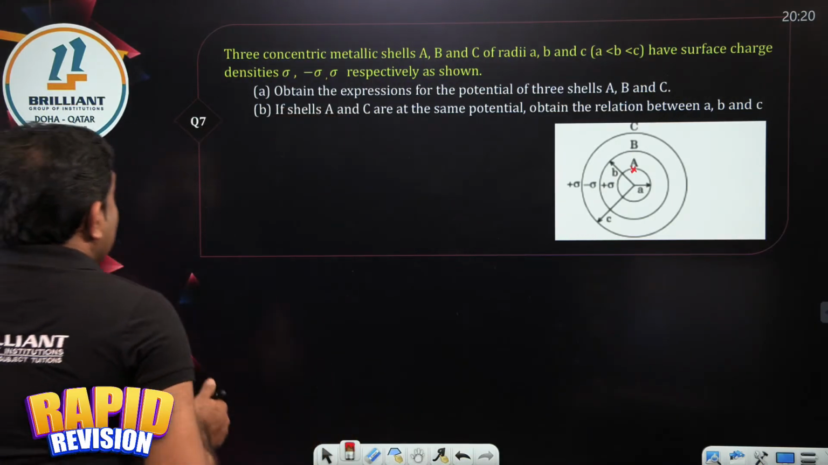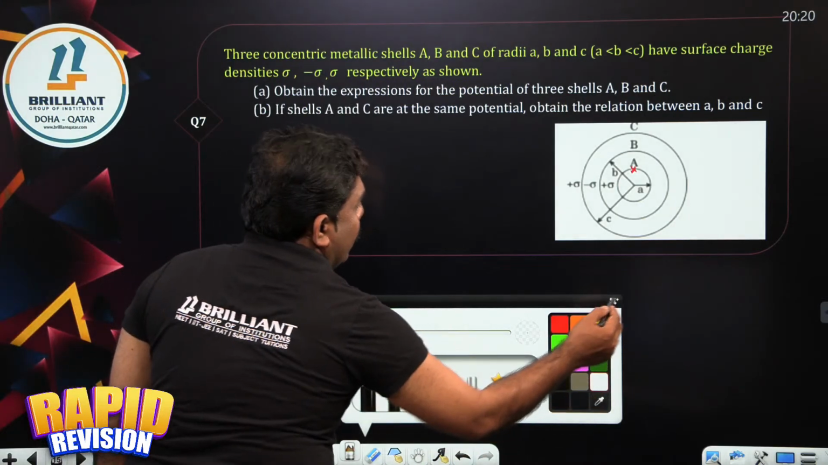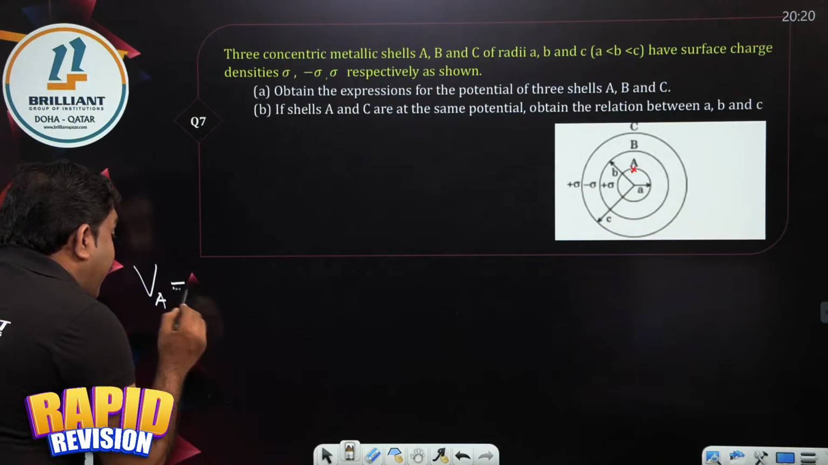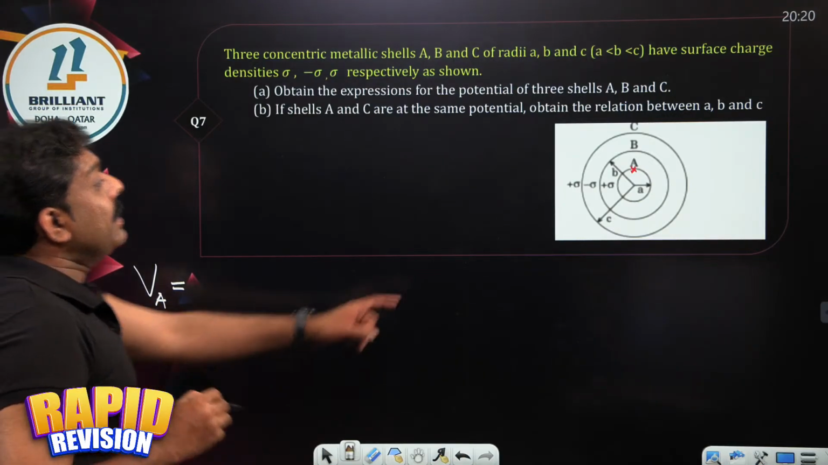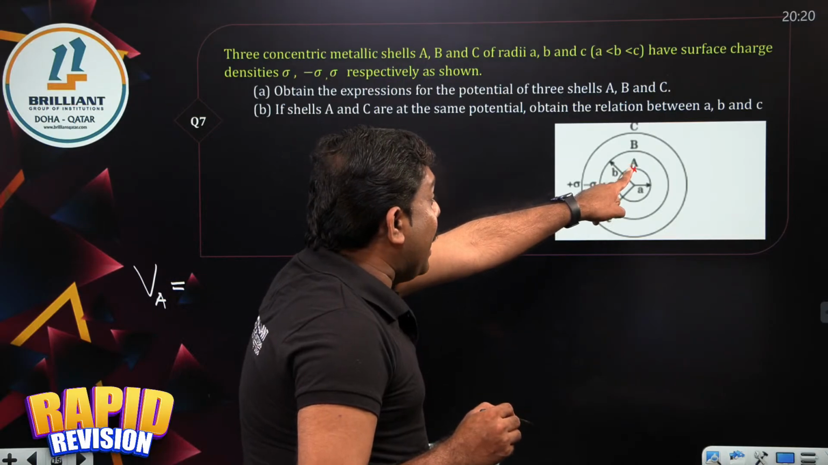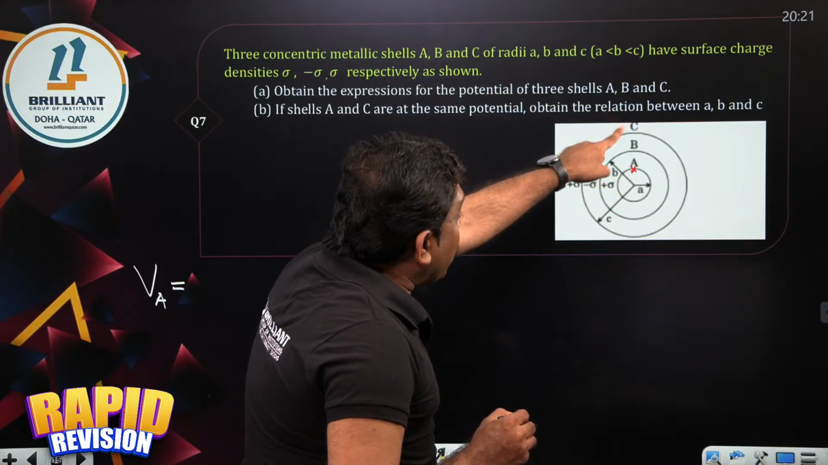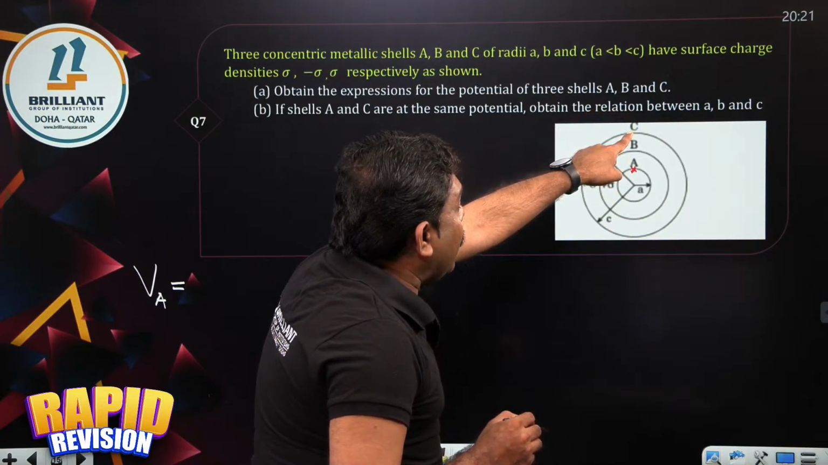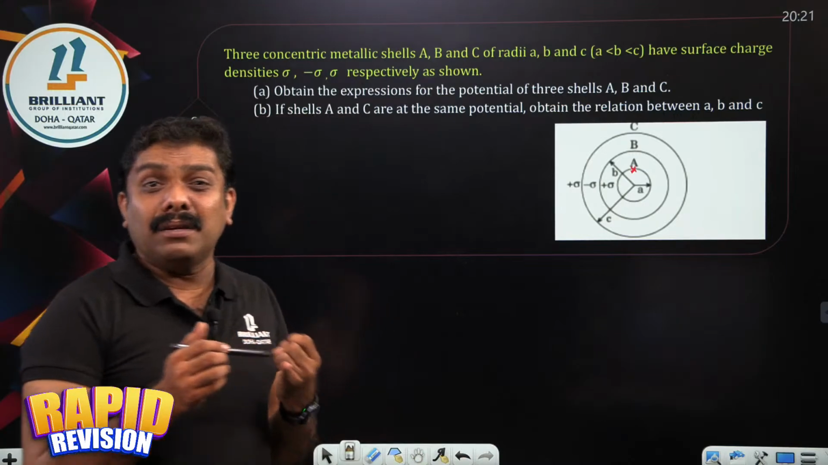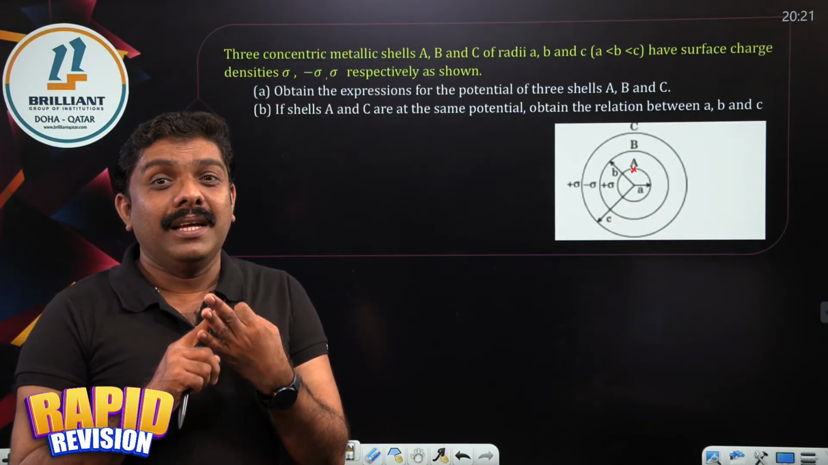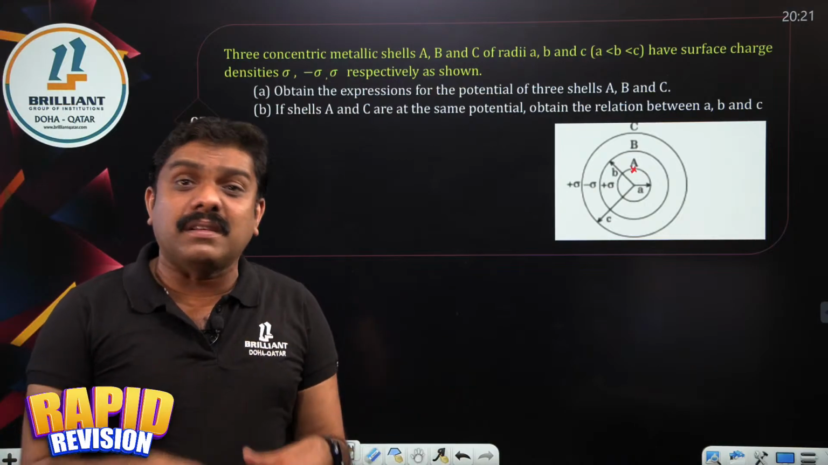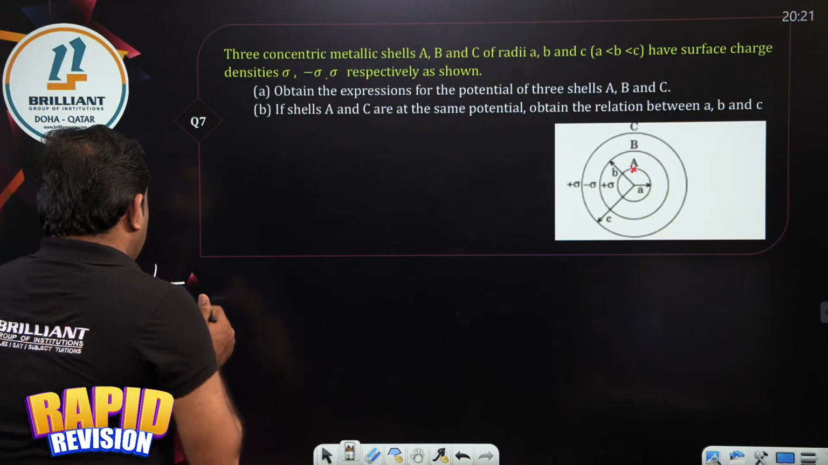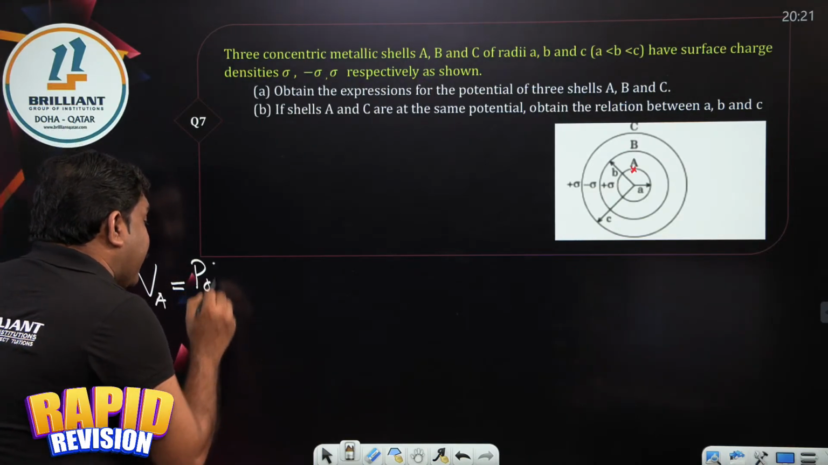So I can say the potential at a point on the surface of the shell A, V on the surface of the shell A, is equal to the potential due to the charge on A, in the same manner the potential due to the charge on the shell B, and the potential due to the charge on the shell C. So there are 3 charges, QA, QB and QC. Those charges are distributed on the surface of the spheres. So potential on the surface of shell A is equal to, I am writing in detail,